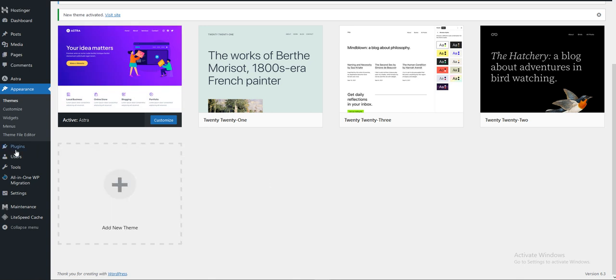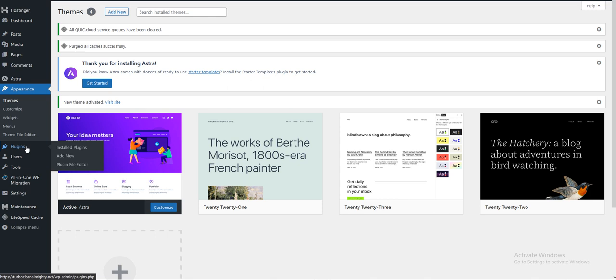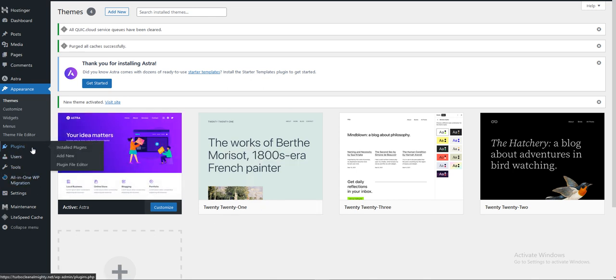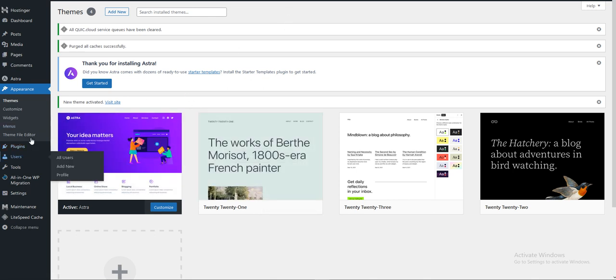First of all, you must install a parent theme. Here you can see we have a free theme called Extra, but Extra never offers a child theme, so we need to enable or generate a child theme manually. It's really easy for any non-tech person to generate a child theme. Just go to Plugins and Add New